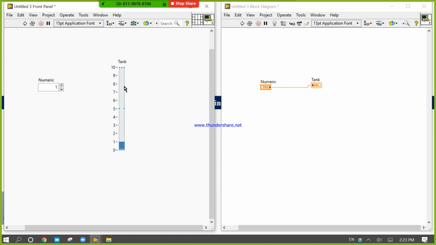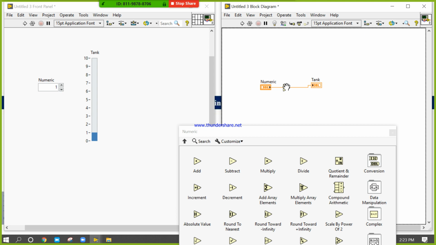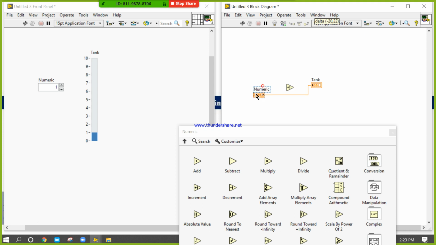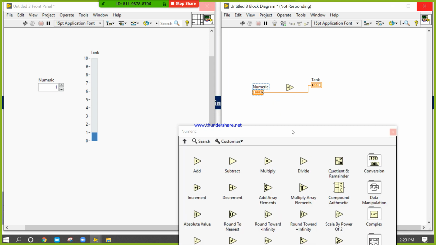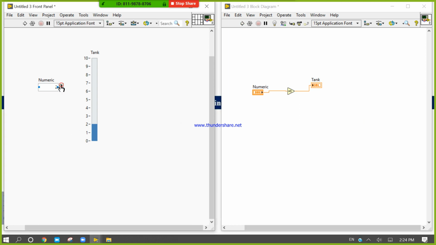If you want to show the label for measurement, you can use the increment and decrement functions to control this one. 1 to 2, 2 to 3, 3 to 4, 5 to 6.